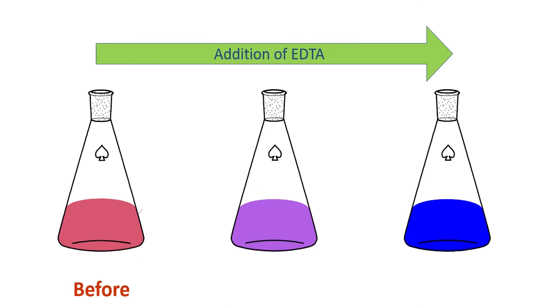But in between, because of the change in the pH value, we get some violet color. So that is near the equivalence point, wherein all the indicator has not been converted into its free form. After that, on adding one drop of the titrant EDTA, we get blue color. So this is the end point.